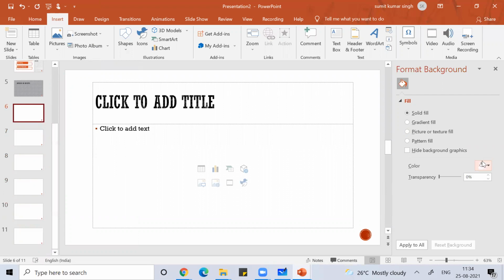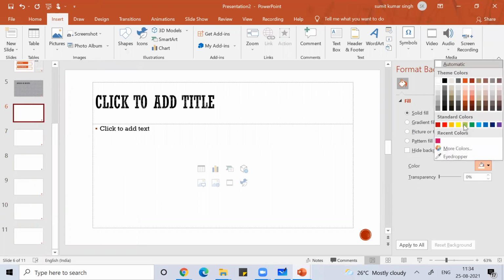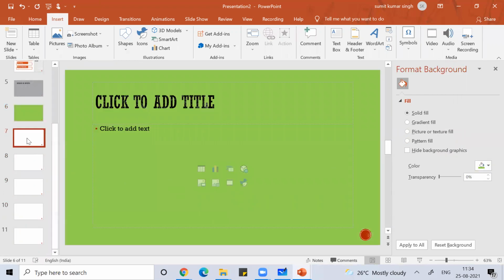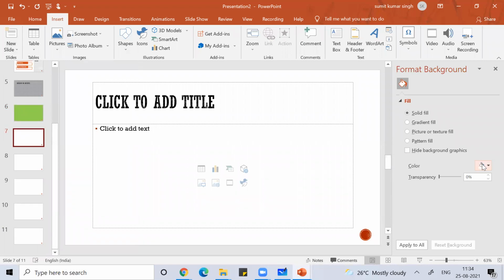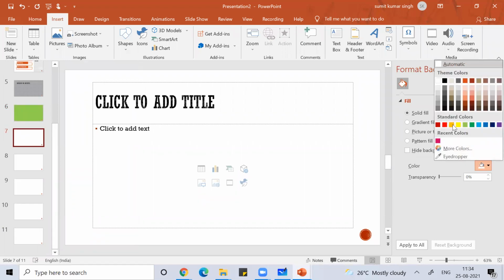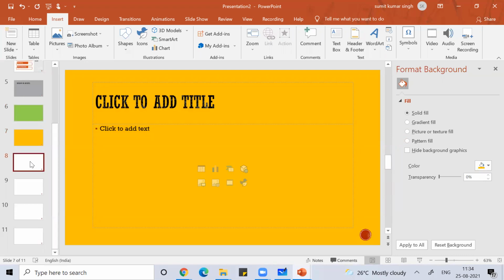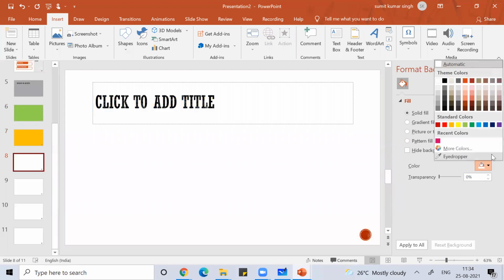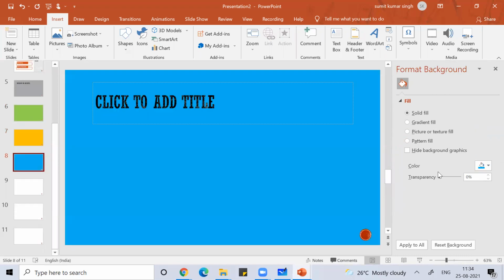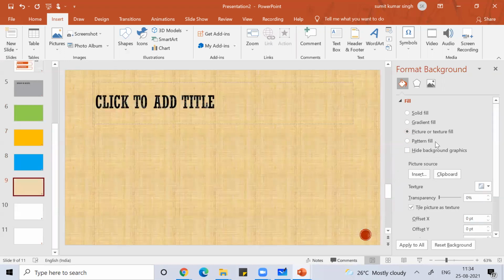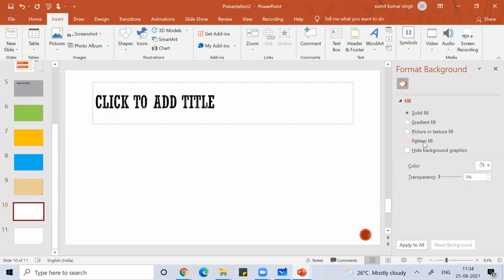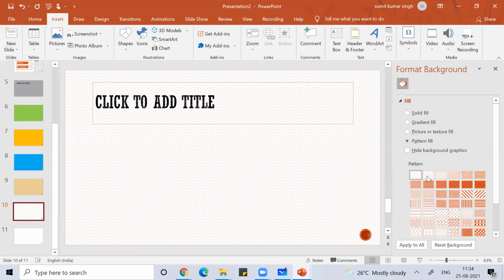You can format the background. You can change the background to any color. Pattern fill, some pattern.